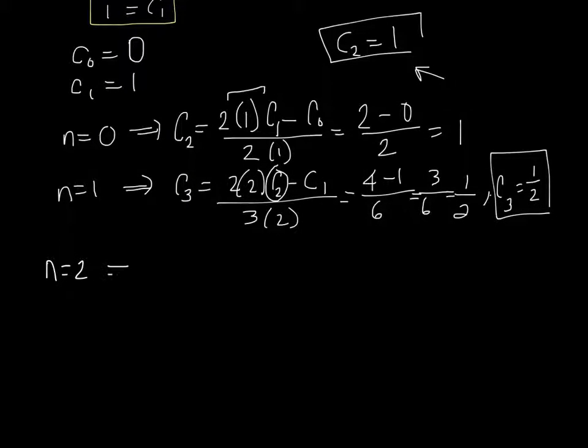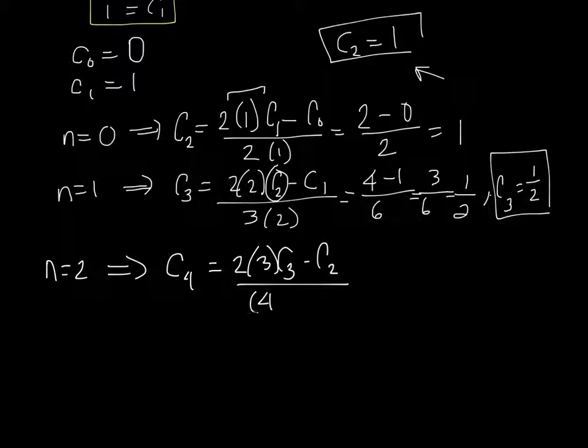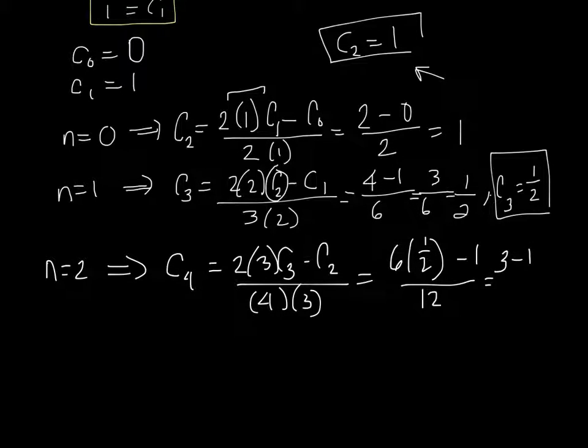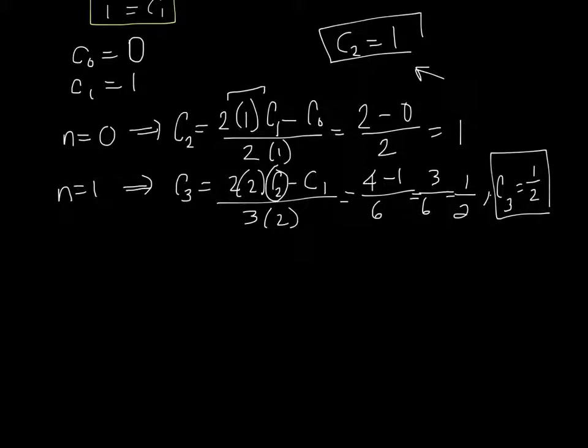If n is 2, again, C4 is 2 times 3, C3 minus C2 all over 4 times 3. Let's see, 2 times 3 is 6, C3 is a half, minus C2, which is 1, over 4 times 3, which is 12. So we get 3 minus 1, well, that's pretty easy. So I just get 2 twelfths. Yes, 3 minus 1 is 2, okay, 2 twelfths,